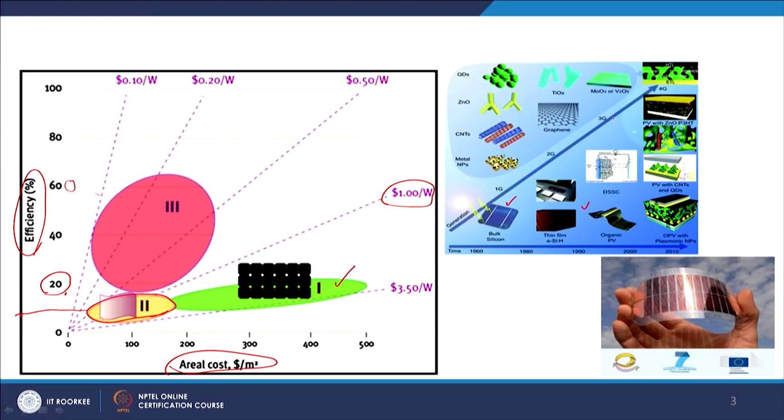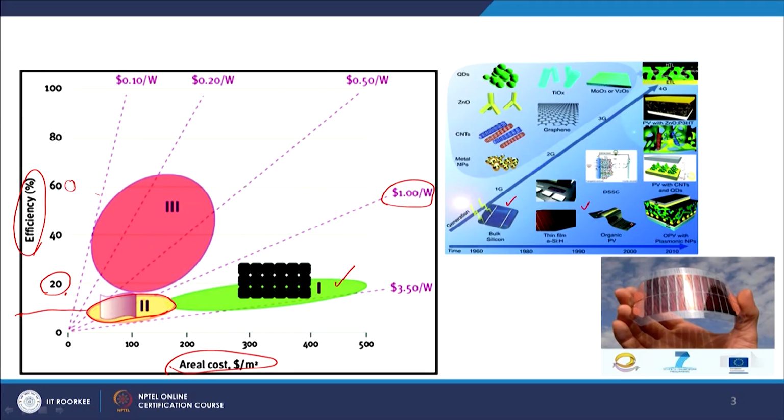For example, the dye sensitized solar cell, or in brief DSSC. So, D stands for dye, S for sensitized, S for solar and C for cells. This dye sensitized solar cell, as the name suggests, is made out of a semiconductor and a sensitizer or dye molecule. Now, there are different molecules which can act as a dye. We will learn in detail in the future classes what the basic principle behind this dye sensitized solar cell is and how to construct one.